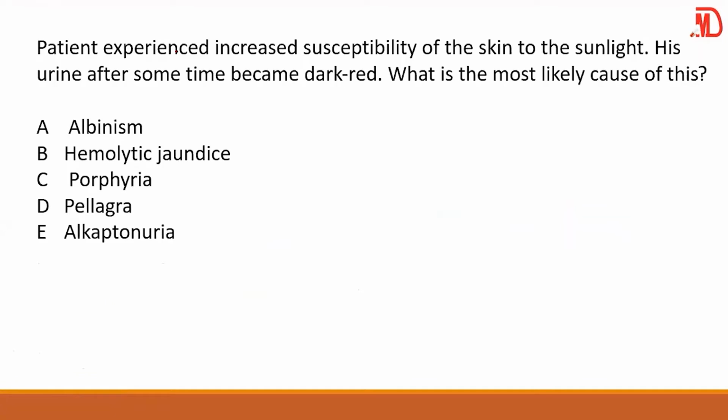We have patients who experience increased susceptibility of the skin to sunlight. If you can remember yesterday, we spoke about sunlight, and we said it was a congenital erythropoietic porphyria. Now, his urine after some time became dark red. So what are you thinking about? Porphyria. So here, your answer will be